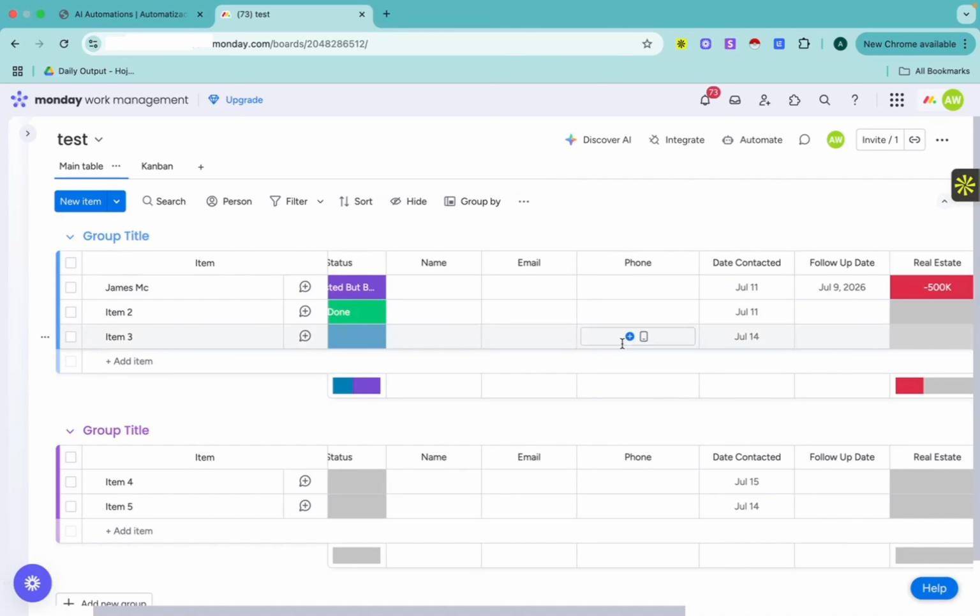Okay, and yeah, I mean, you can sort this by columns, you can hide things, and so on. Okay, so yeah, I mean, if you have any questions,